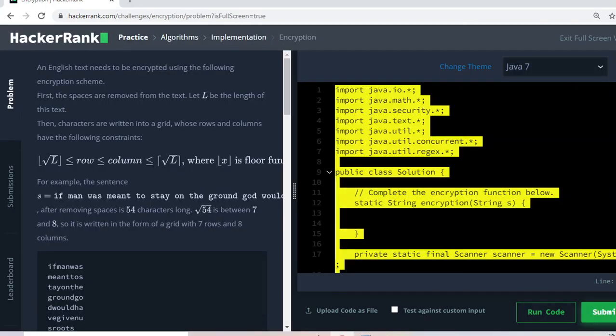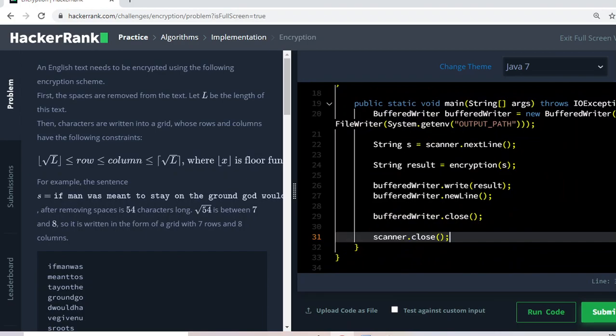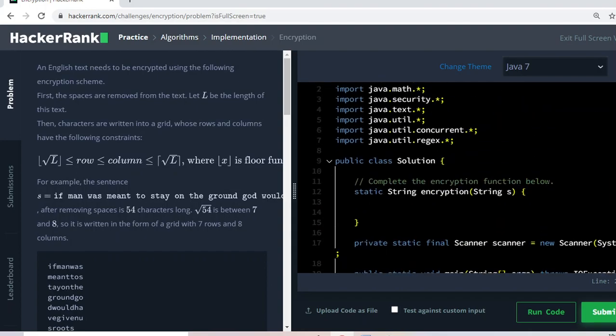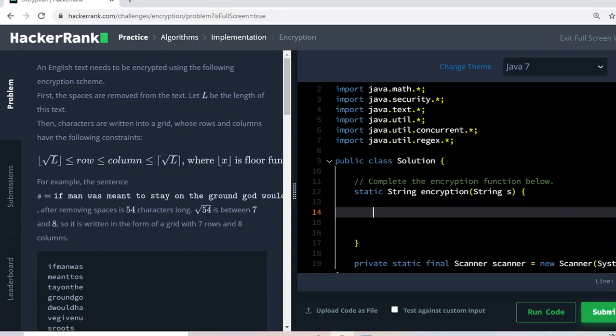They already take the string as input and make a function to find out the encrypted message. Here I just, at first I need to find out the length of the string s. What is the length? s dot length will give me the length. Then I need to find out the square root value of this length.